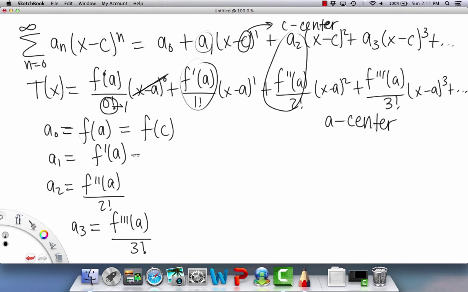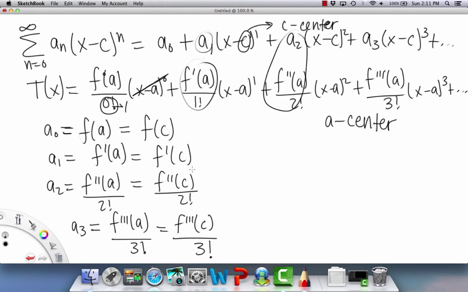So then we get f of c, f prime of c, f double prime of c over 2 factorial, and the last one, f triple prime of c over 3 factorial. And I just replaced the variables. It's the same thing. They both represent the center. So I just switched the letters. Anyways,